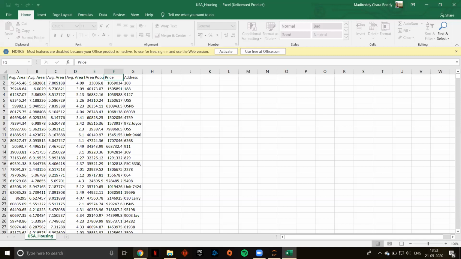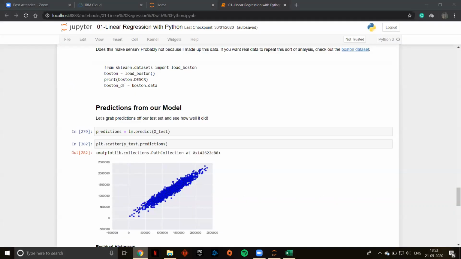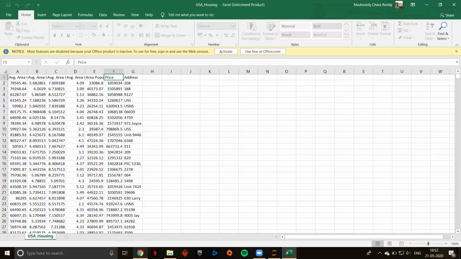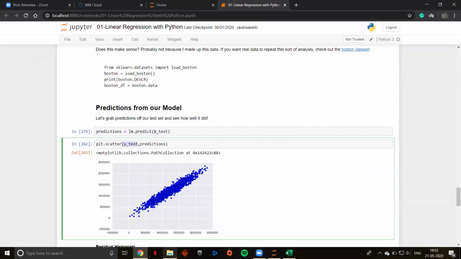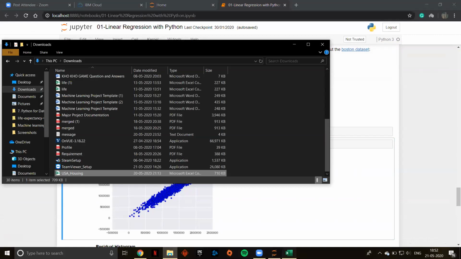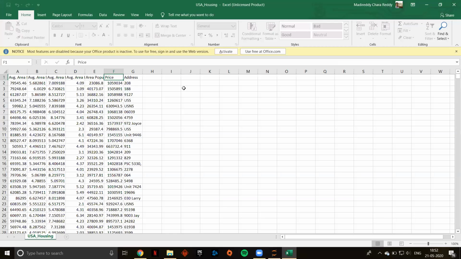So what this graph has done is it has taken this column and the predictions. We are going to predict using those 5 columns and save all of those into these predictions. So we are going to plot against y-test. Y-test is nothing but your price column. Everybody is with me, right? Everybody is able to understand? Yes or no? Yes, right?